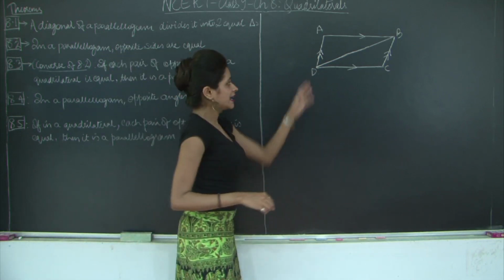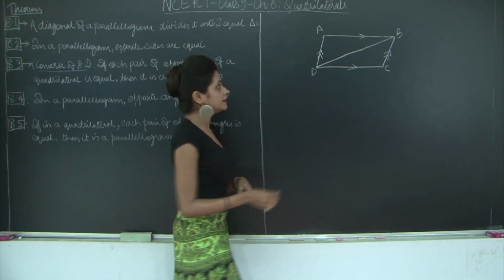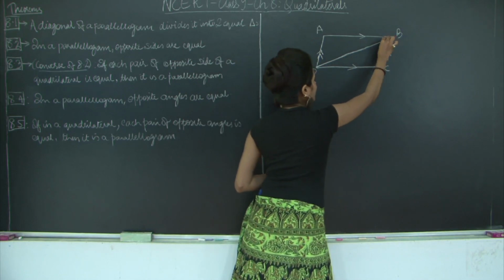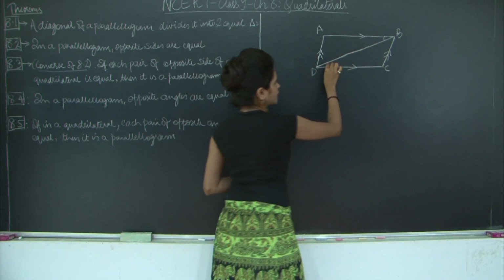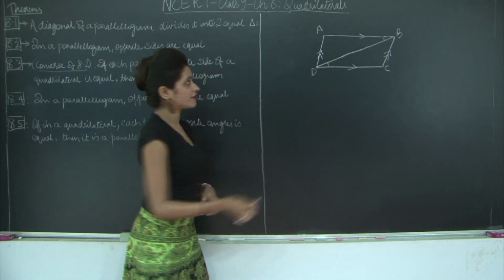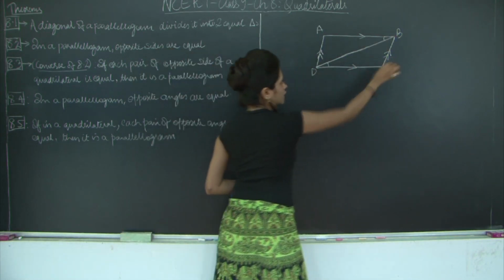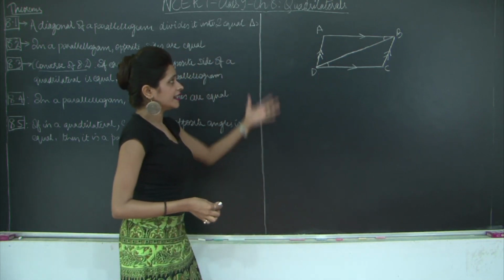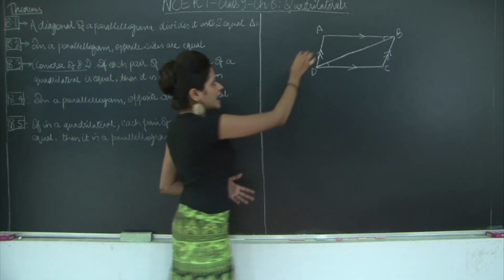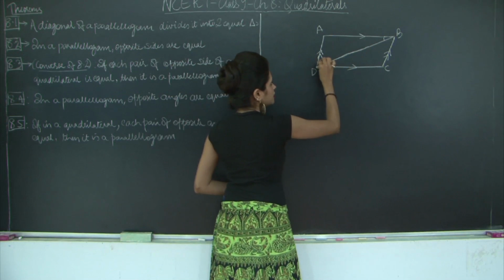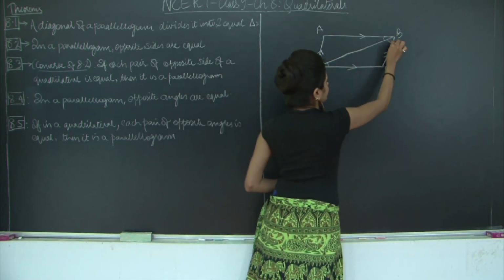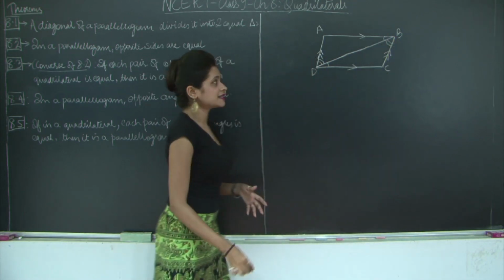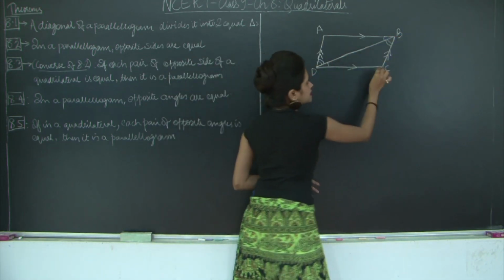If you notice, AB is parallel to DC, which is given. Therefore I have angle ABD equal to angle CDB. Why? Because they make an alternate pair of angles. You see a Z forming here. Similarly, AD is parallel to BC. Therefore, I have angle ADB equal to angle CBD. Again, they are making alternate angles. If you note, this is a Z.